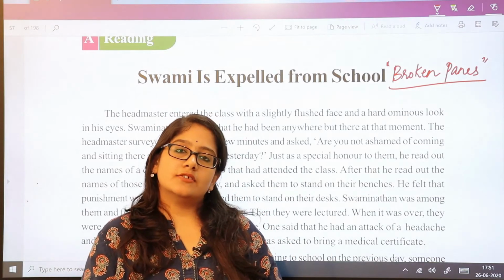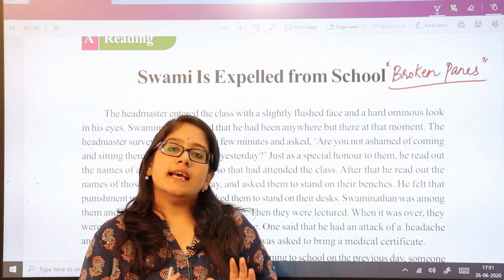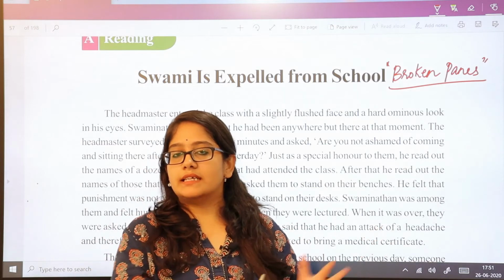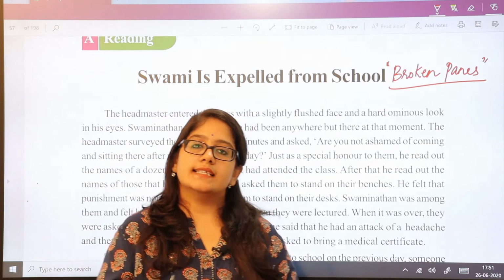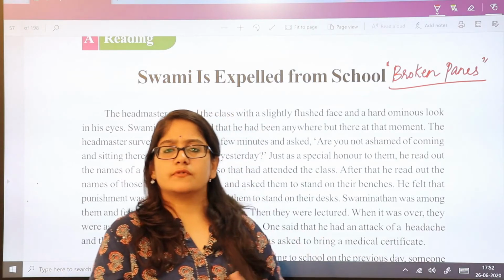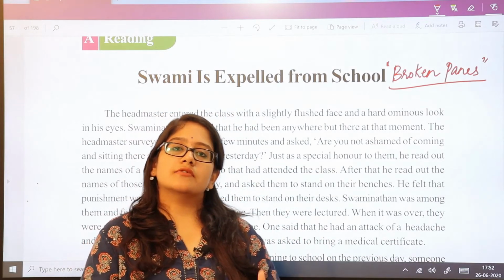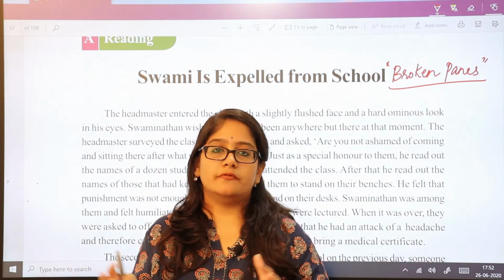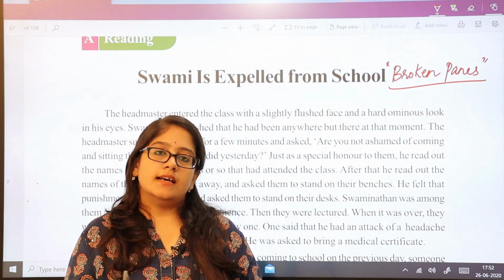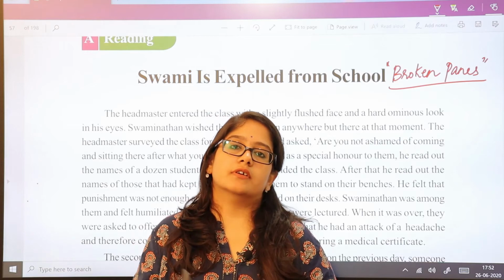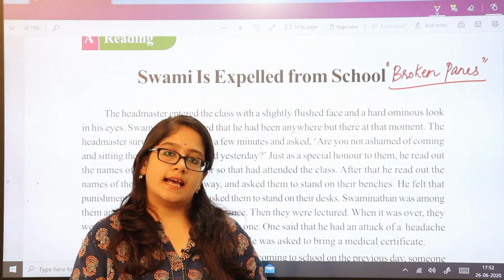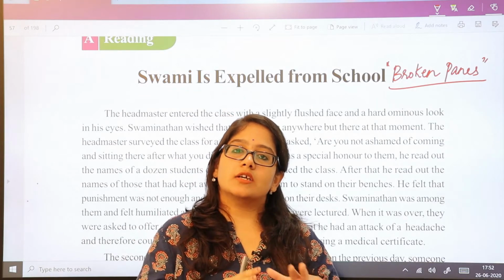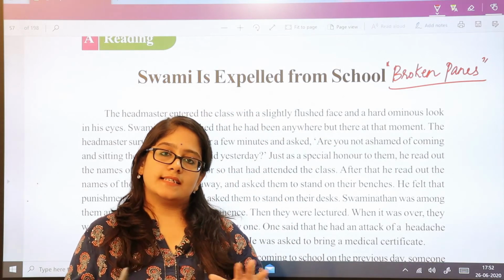For a while he thinks to tell the truth, but then he realizes that his father was angry over something else, so he somehow gets out of the house. He takes his school bag, he leaves for school, and on his way to school he sees a group of people protesting against this imprisonment of Gauri Shankar. A man approaches Swami and says that Albert Mission School is closed. There will be no classes for the day.